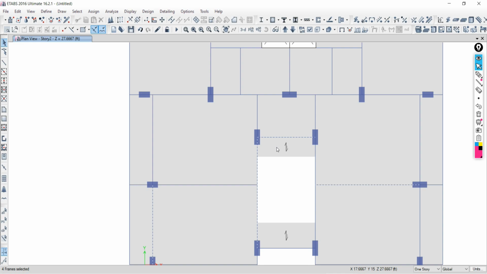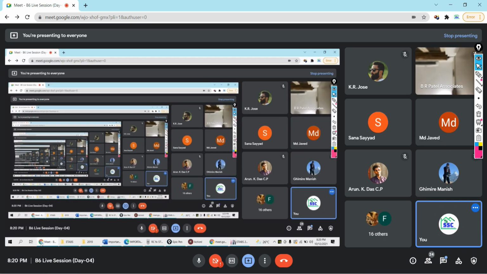Okay, so it's very simple. If I want to clear this selection, just click over clear, because multiple selections are there. If only one selection is there, no problem, you can directly click over it and it will be selected, click again and it will be deselected. But if multiple elements are selected and you want to deselect all of them at once, just say clear, so that will be deselected. Is it all clear or not? Yes, sir. Is that okay? Now another way is what? Go to ETABS again.